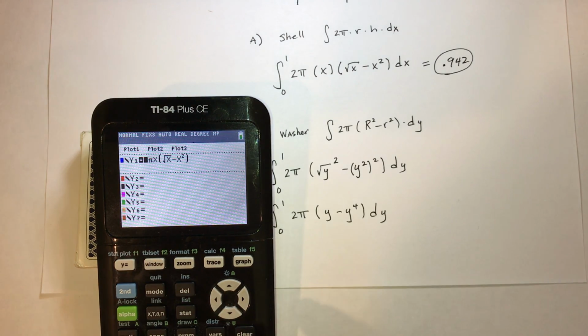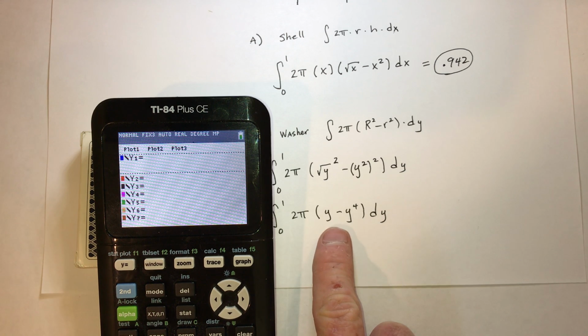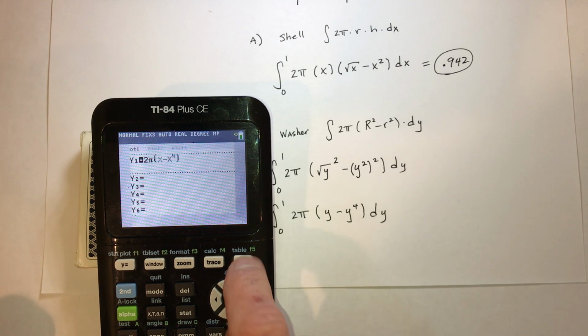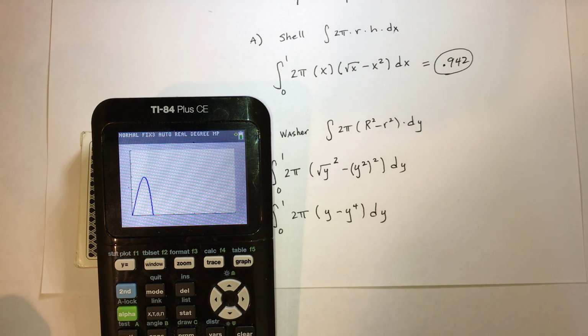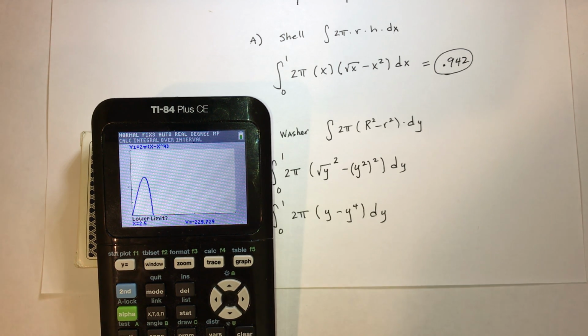So when I go to graph it on the calculator does not allow me to use y's. So right here, I'm going to have to use x's. So it's 2 pi paren x minus x's to the 4th. And then graph that function. And then integrate from